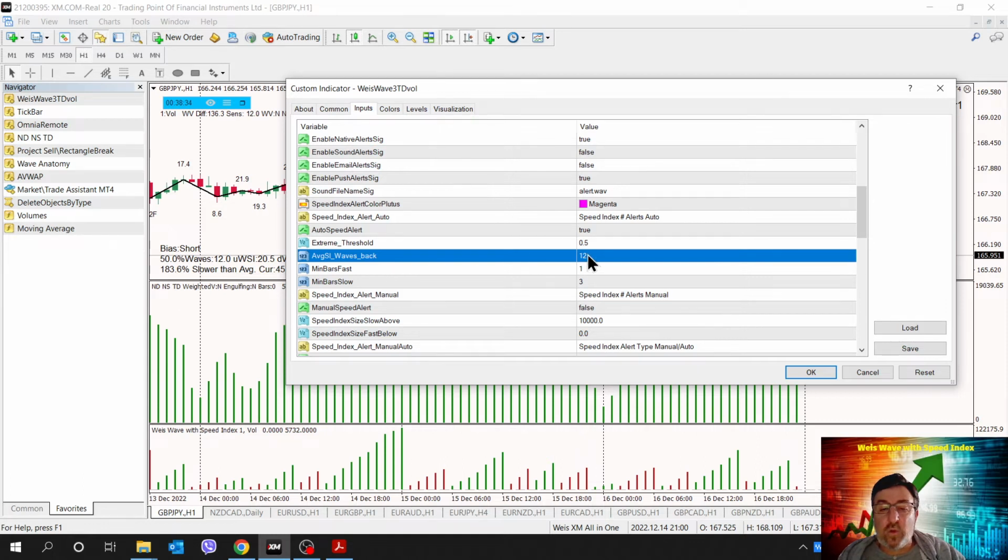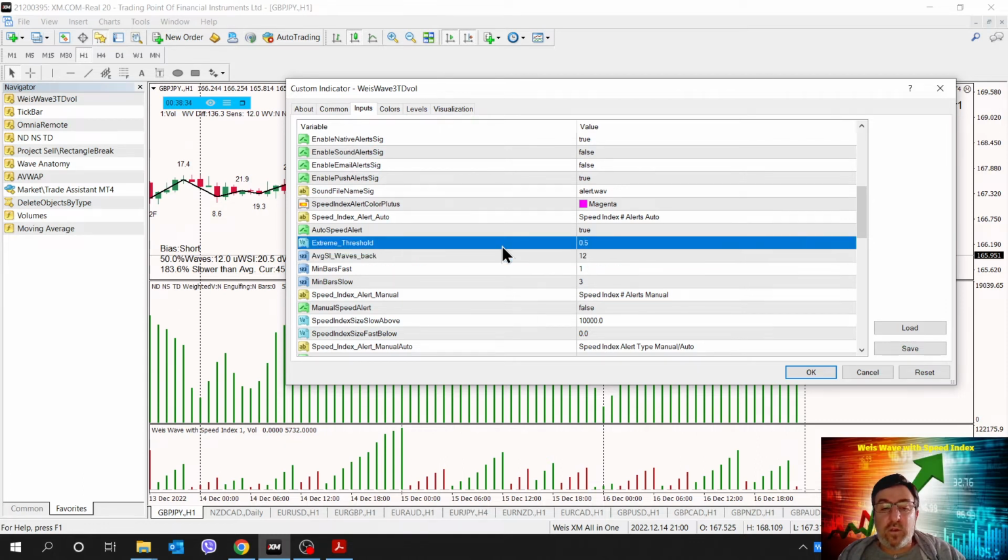In this case it's 12. And what do you consider to be an extreme, either slow or fast wave? By putting 0.5, which means 50%, anything above 50% of the average or anything below 50% of the average will provide us with an alert.